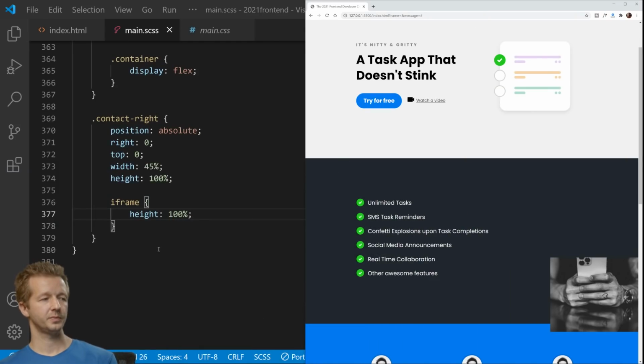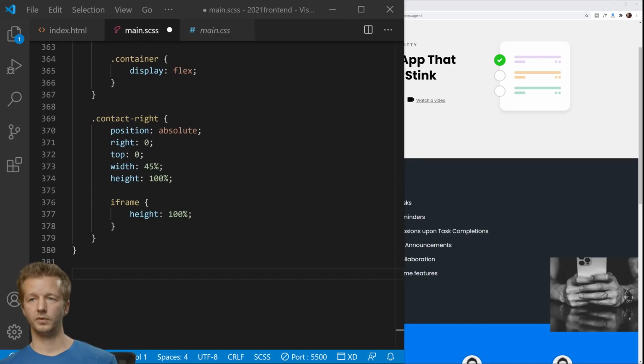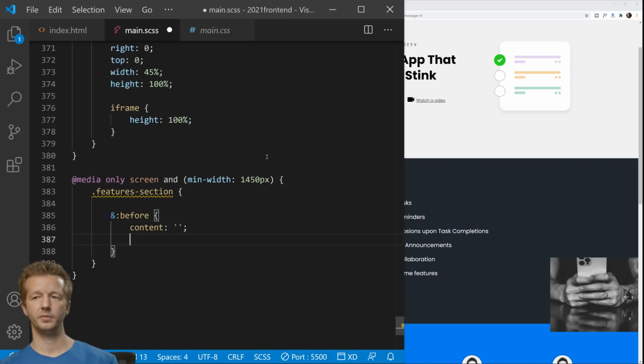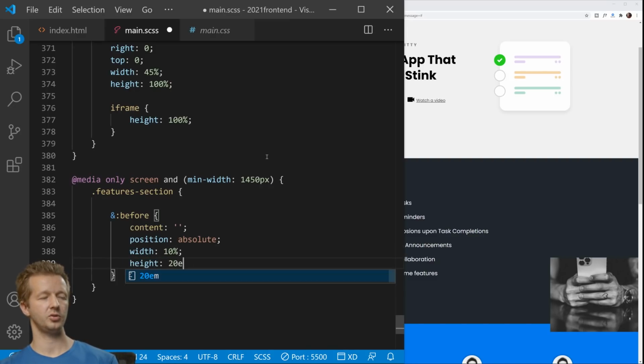All right, so we're going to use the before and after pseudo selector on this section, which is feature section. So for this one, we're going to have enough room around 1450 pixels. So features section, we can put before. Content is empty. Position will be absolute. Width will be about 10%. Height will be, we'll just do 20 em units. Background is going to be var